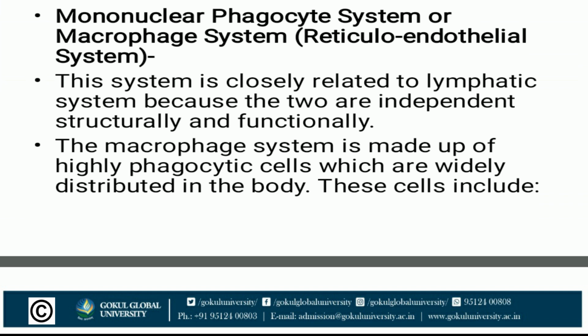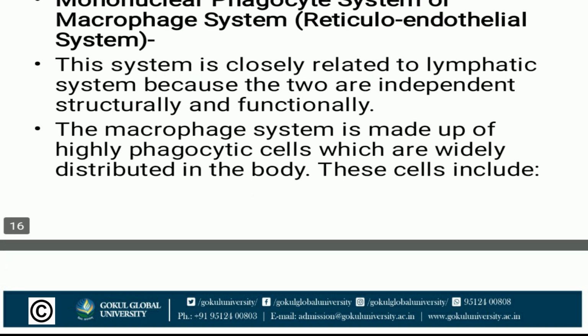Mononuclear phagocyte system or macrophage system, also termed reticuloendothelial system. This system is closely related to the lymphatic system because the two are interdependent structurally and functionally. The macrophage system is made up of highly phagocytic cells which are widely distributed in the body. These cells include